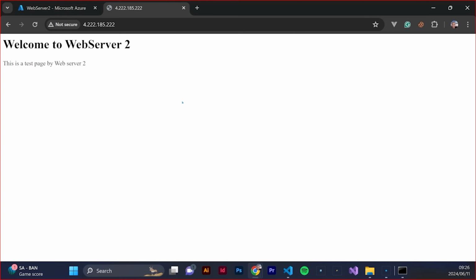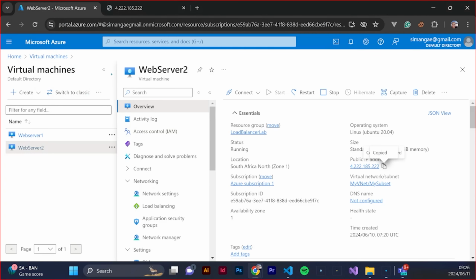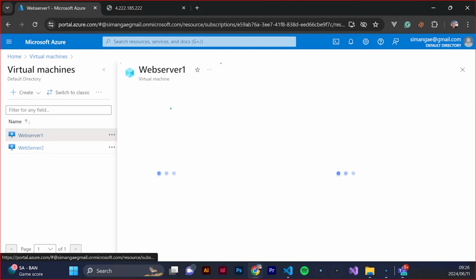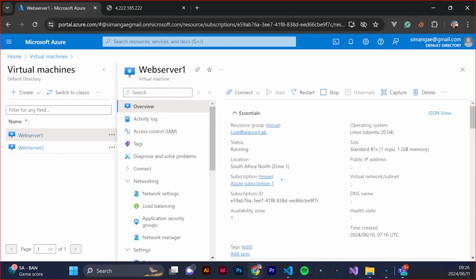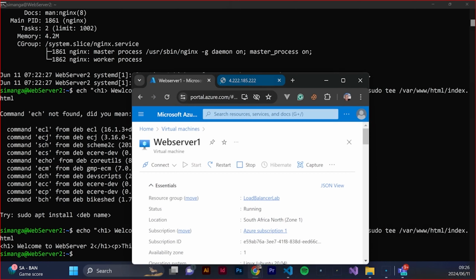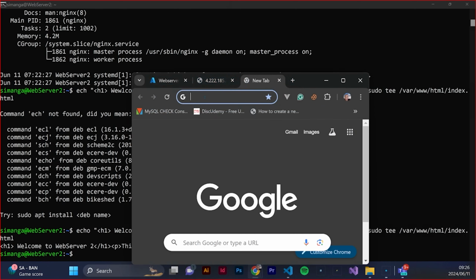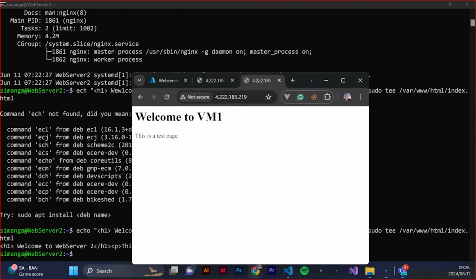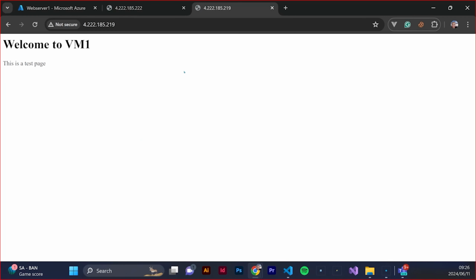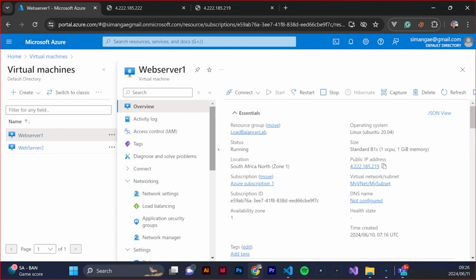But you can see now we're on web server 2, and then if I go to web server 1, let's actually go to web server 1, then we get a different message as well, right? I just need to get another tab. You can see now that we're on web server 1 and then web server 2, web server 1 and then web server 2. Okay, so now we're gonna go ahead and